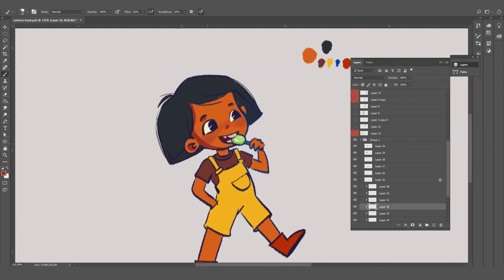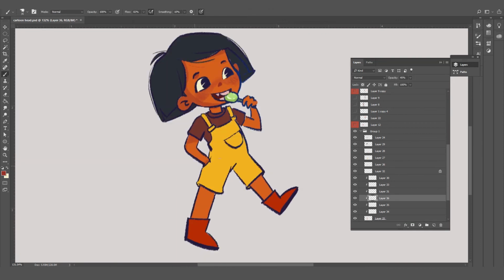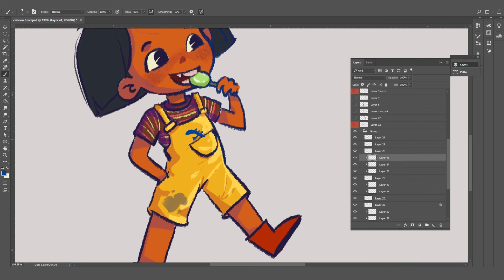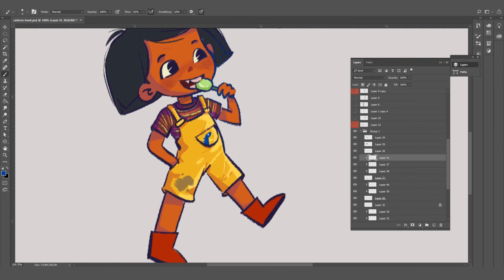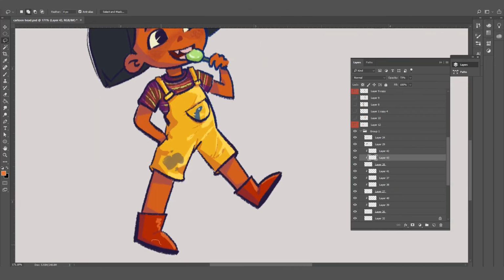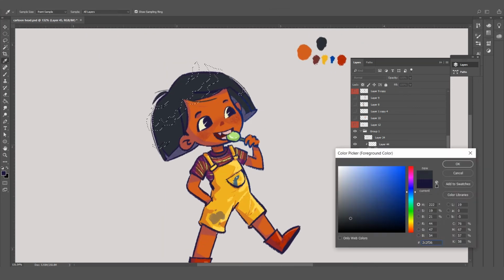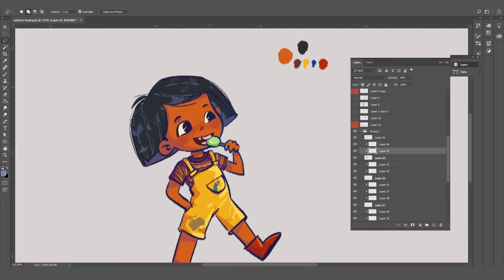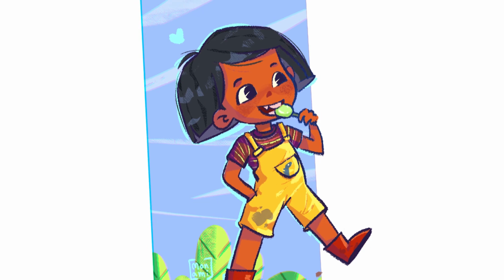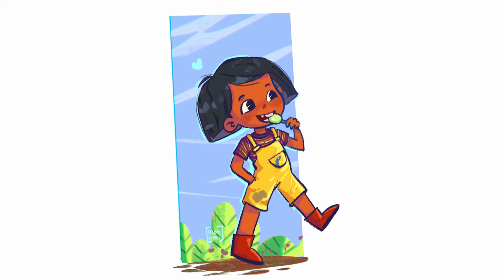So yeah, I just selected the shapes with the brush and then used a darker color, then reduced the opacity for the shadows. I added highlights, little splotches of dust here and there. The back side of the hair I used a little lighter shade than the rest of the hair. And when that is done, I added a very simple background, and with it it's done.